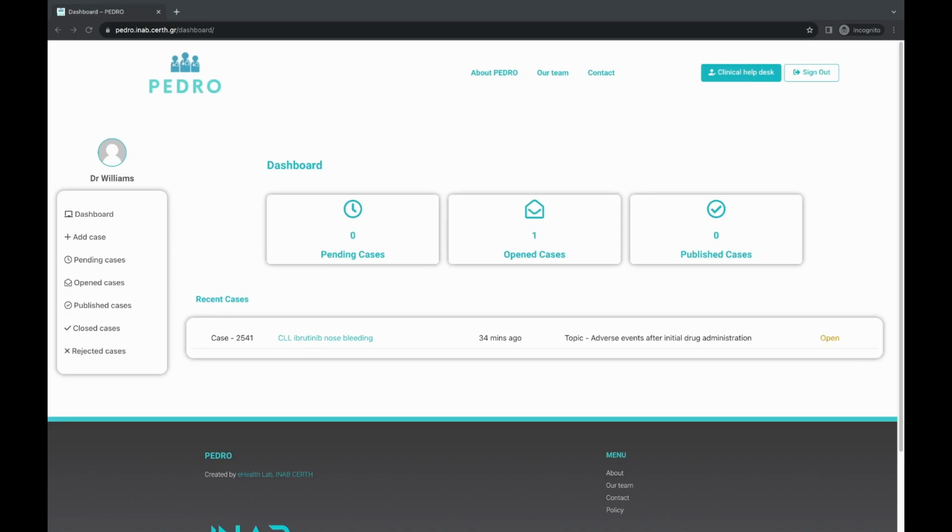And here is the good news. You will receive an email notification directly to your inbox, keeping you informed about the progress of your case status. This way you will stay in the loop without having to check the system. Keep an eye on your case and let the Pedro expert team do the work while we keep you